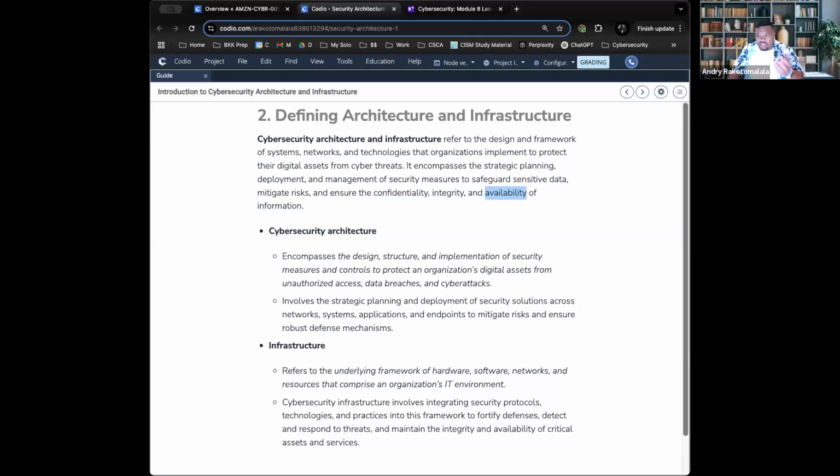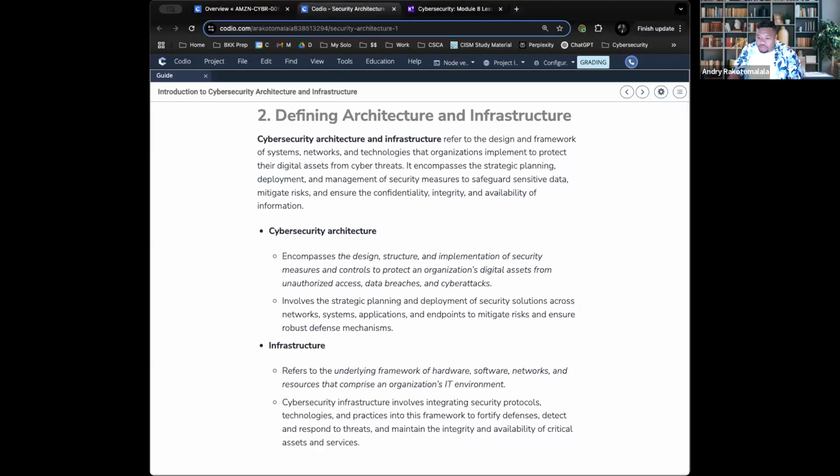The opposite of this would be, for example, let's say during COVID, there were some companies that moved everything to the cloud, but they didn't plan it properly. They didn't have the correct architecture and they didn't have the right infrastructure. So since they didn't plan it well, a year later, they experienced a breach because they didn't have all the right security controls. That would be the opposite if you don't plan everything correctly and if you don't put all of the right security controls in place. So this is one of the big reasons why we want to make sure that we have the right architecture